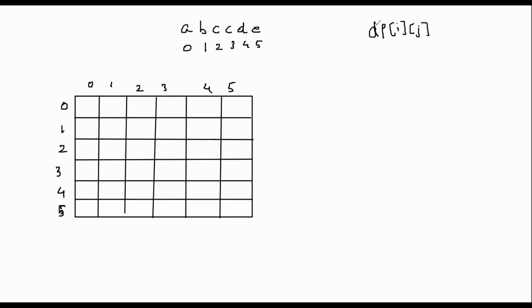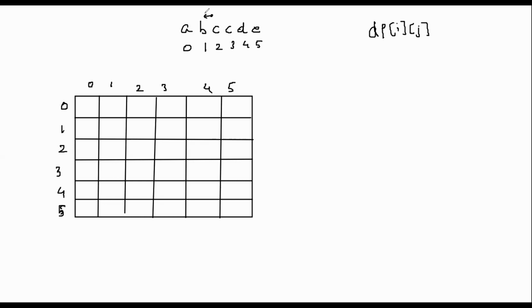So as you can see, I've made a DP array of 5 cross 5, which is the last index of this string. What each block of my DP array, DP of i comma j, would tell is how many minimum number of insertions I need to make in this string from ith index to jth index to make that a palindrome. So suppose 1 comma 2 will tell how many insertions I need to make in b comma c to make this bc a palindrome, right?